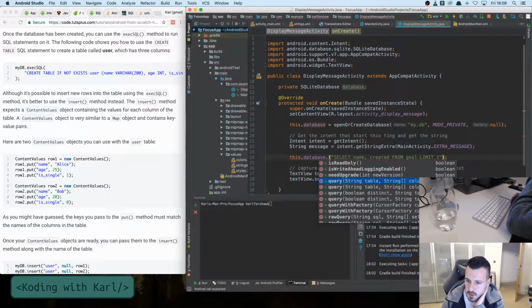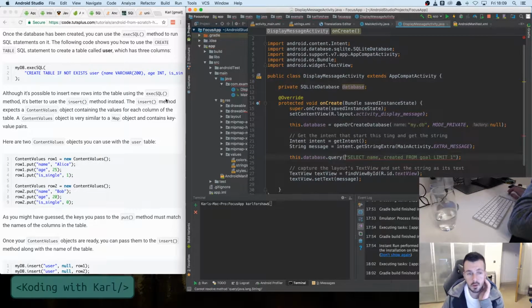That one takes the name of the table, an array with columns, selection, string selection. Okay, so